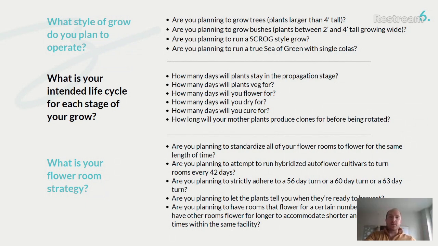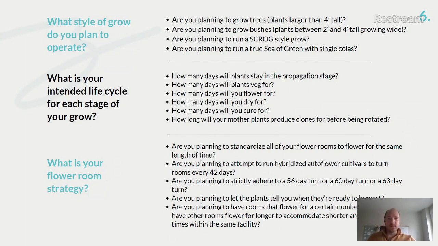Again, we're going to be flowering for 8 weeks. We're going to veg for 2 weeks, and I'm going to double the density in veg to, let's call it, 2 plants per square foot. Let's just say, for easy numbers, I'm going to flower at 1 plant per square foot. And since my veg plants are going to be in there for 2 weeks at a time, I can stagger that production calendar so that the first plants that went in are going to be ready to be moved to flower in 2 weeks.